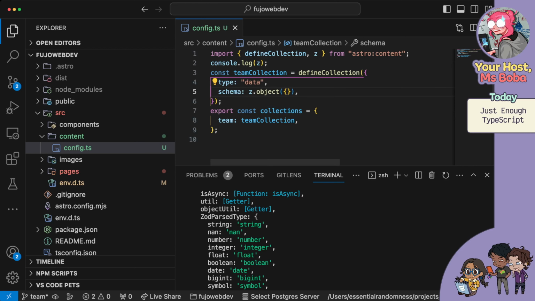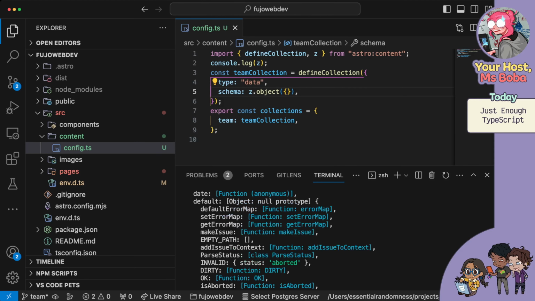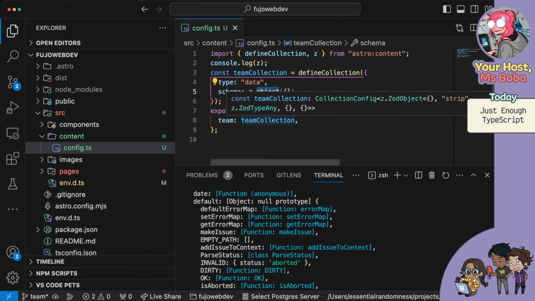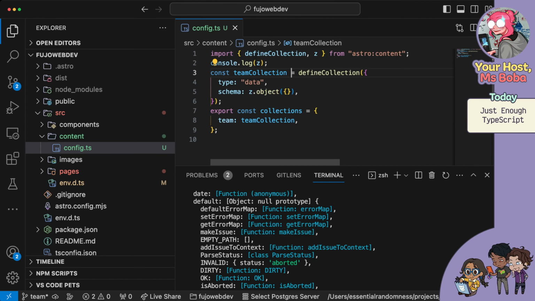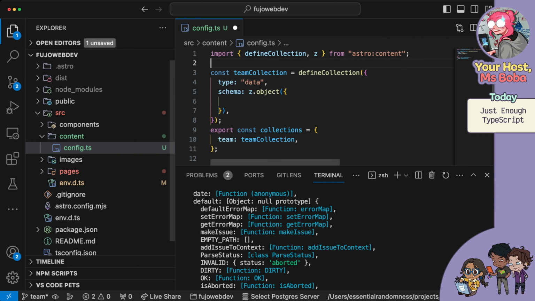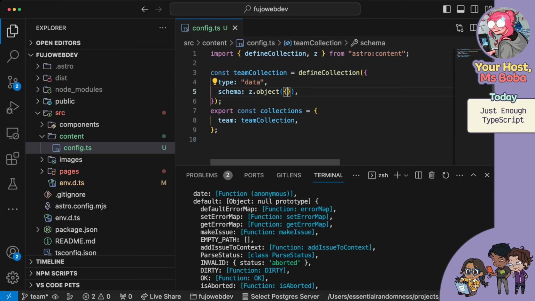In Z, you also will find things like string, array, like a lot of things that we have seen around, and object. And they have a strong correspondence to what you see in TypeScript. So we said this is the theme collection. So in the schema, we are defining how each